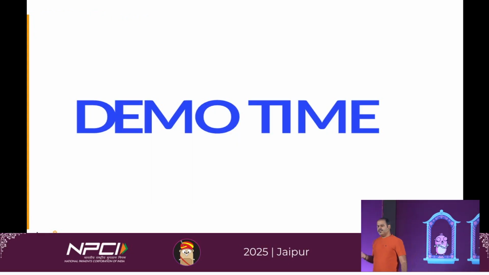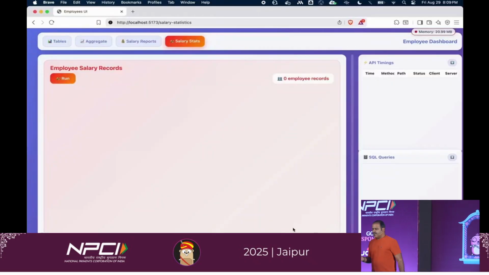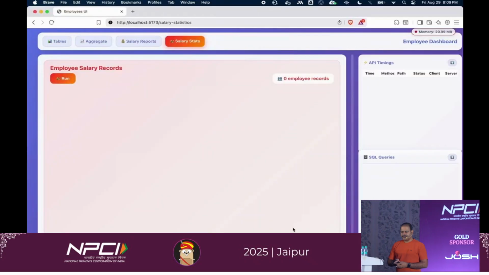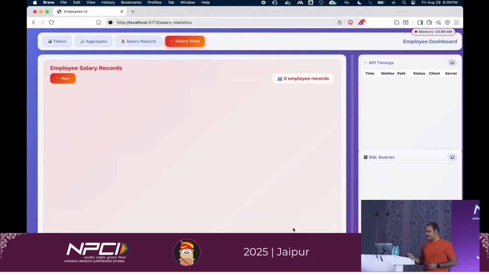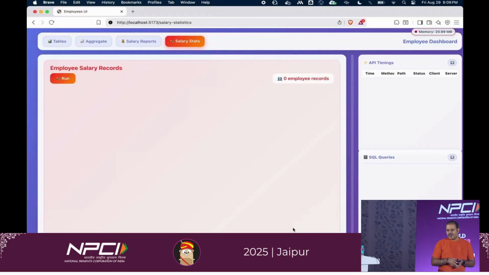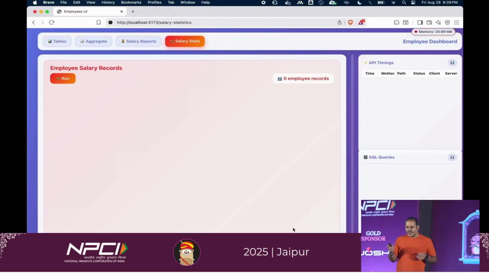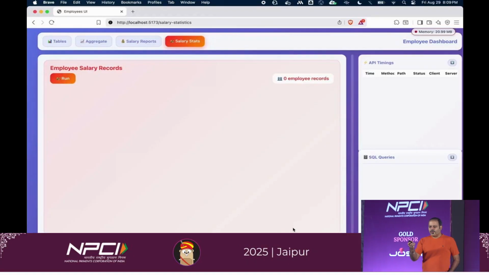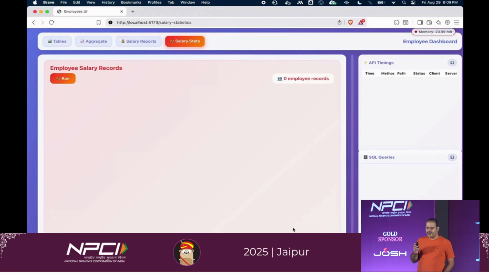And finally, demo time. This is a recorded demo. So here I've built a small application on top of the employee database that is publicly available, and it tries to run some API calls from that application.